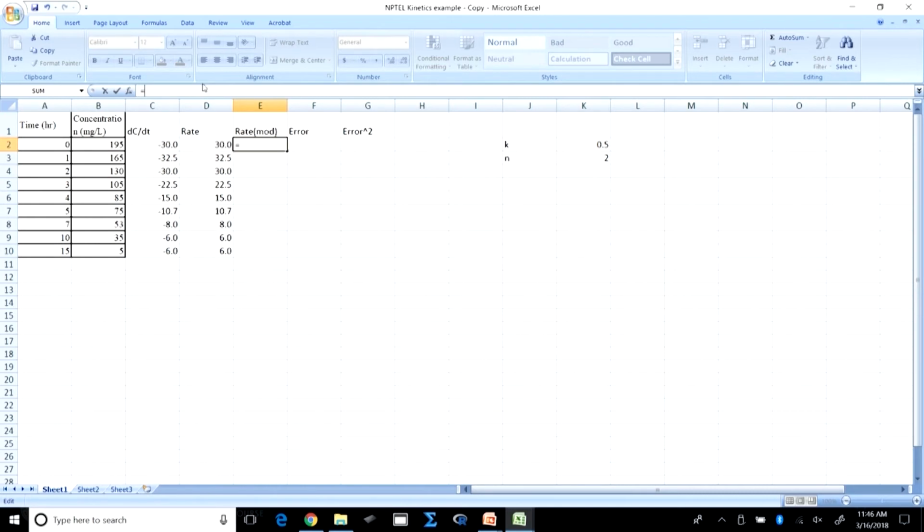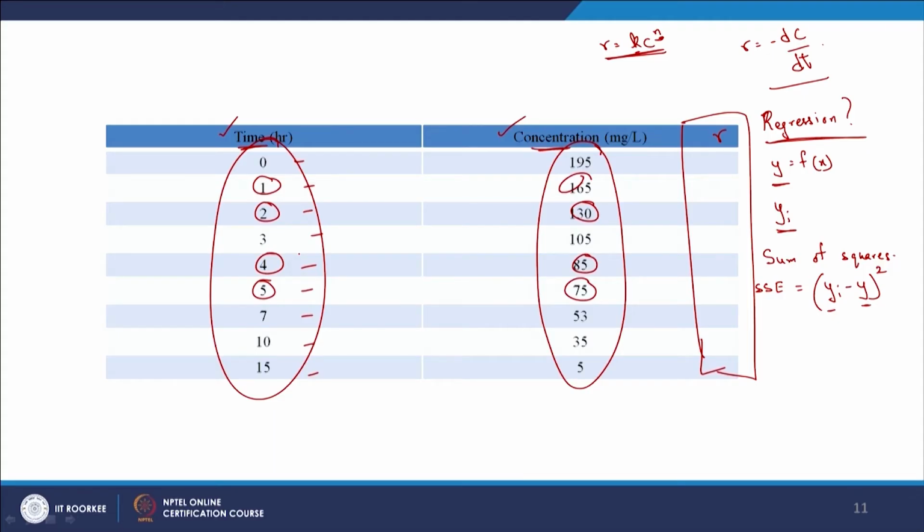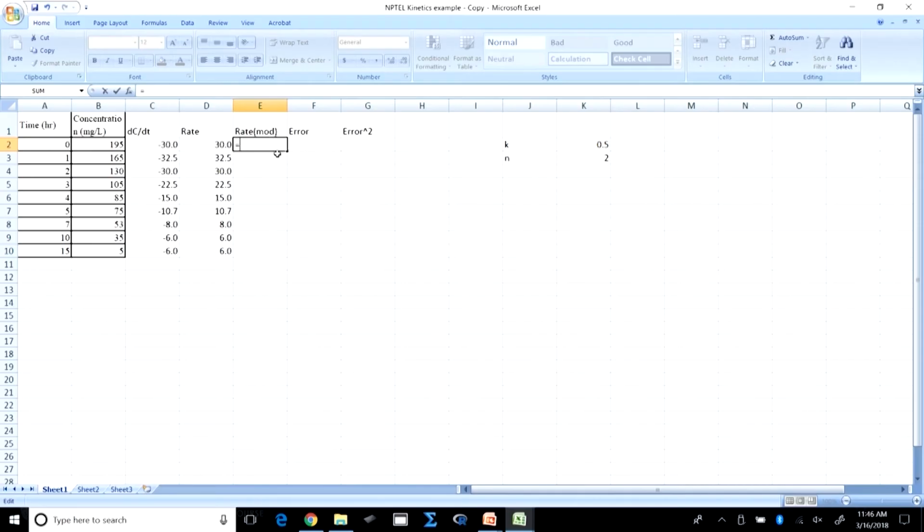So that is equal to, now what is my rate model here? Let me go back to our slide and see where we are. Rate is equal to k c to the power of n. So it is going to be equal to this cell, times the concentration, c to the power of n, is out here, and enter. And obviously I can drag and drop this,